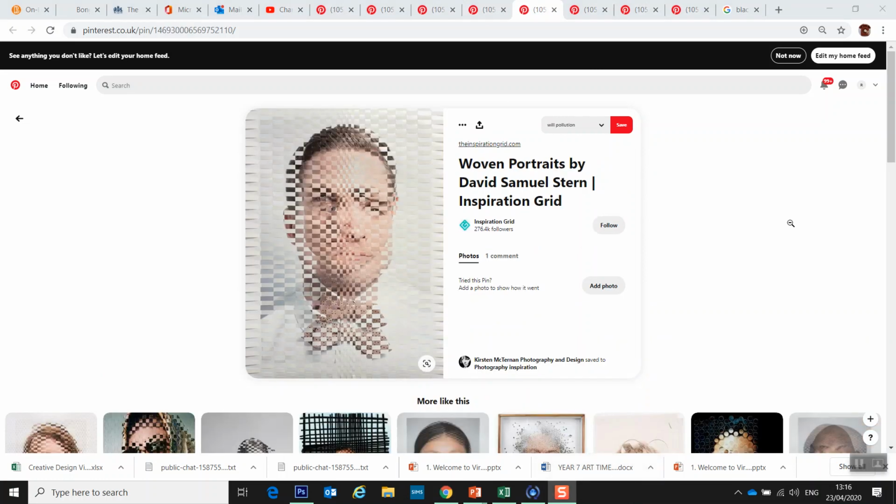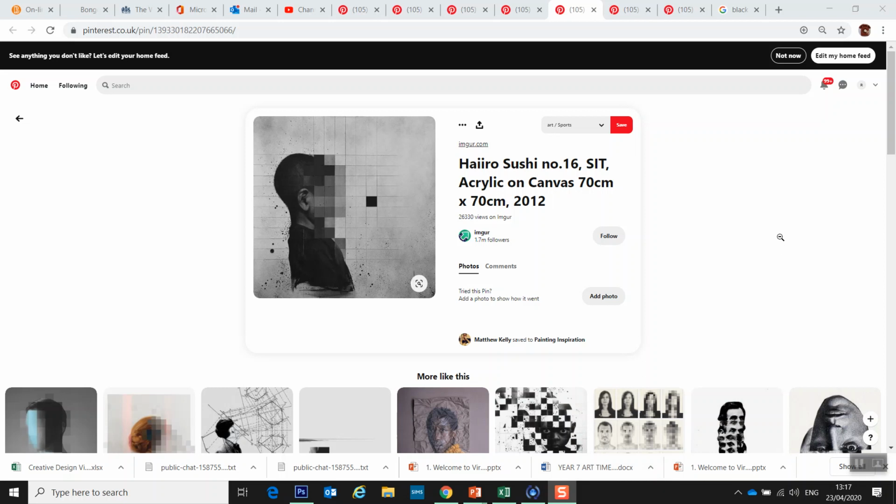You could look at weaving 2 portraits either offset or looking in slightly different directions and weave them in the style of an artist like David Samuel Stern. Or you could begin to look at how you could pixelate images and distort certain sections of